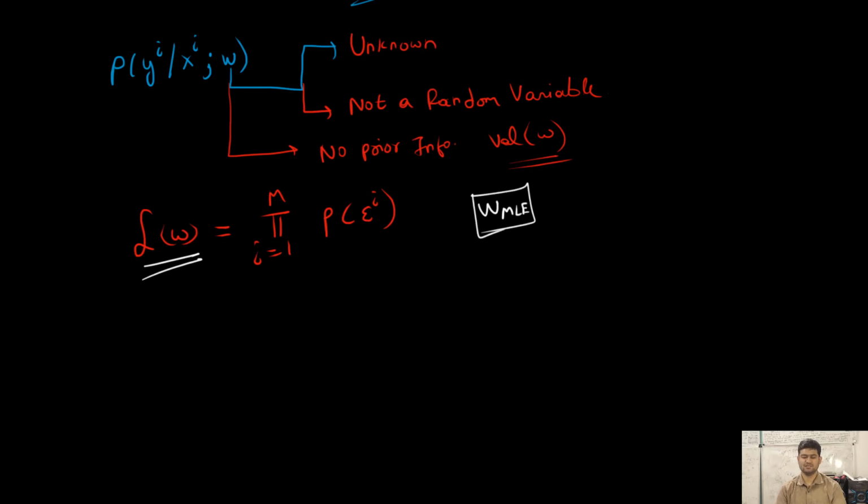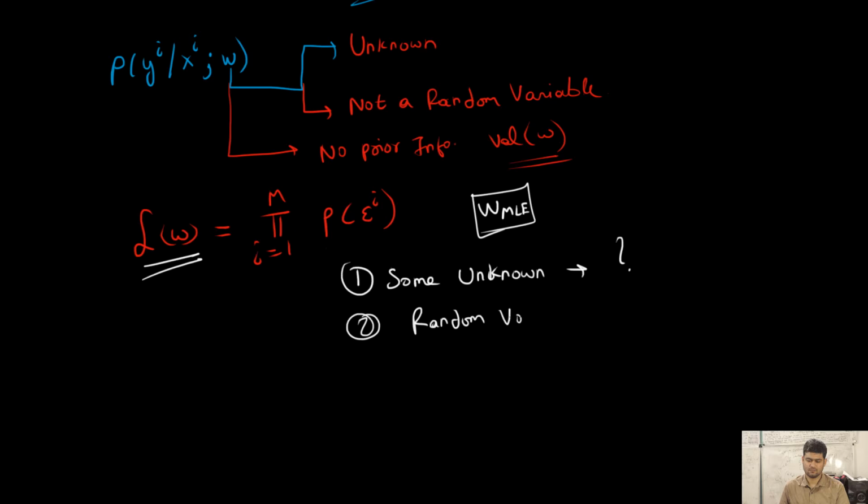Right? But the underlying assumption is that W is unknown. This is the only assumption. W is just some unknown variable whose value we need to find, right? It's not a random variable. It means that we have no prior information. But now the obvious question is, what if we knew that W, the learnable parameters W, have some known